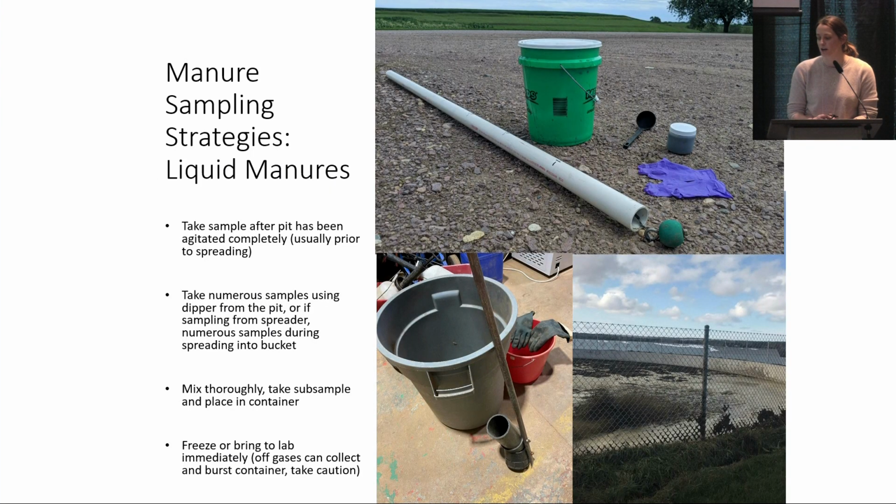And there are a few different strategies you could use for sampling liquid manures and solid manures. So I'm highlighting here, you can make your own sampling device for the liquid manure. We have an adjustable pipe that we made. We take samples out of the concrete pit once it's high and has been agitated for at least a day or so. And you would want to take numerous samples, up to 10 from the pit,